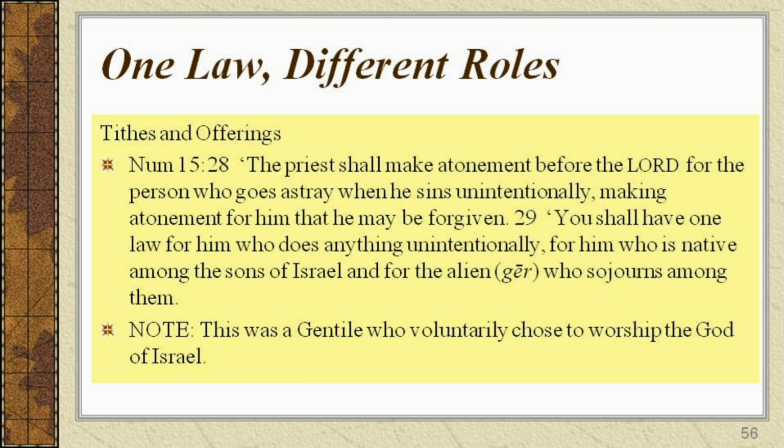for atonement. The general conclusion that we can draw from this series of commandments is that God expected everyone to worship Him according to His regulations and specifications. God did not allow people to do their own thing or worship Him according to the customs of other religions. God was very particular about the kind of worship that was acceptable to Him.